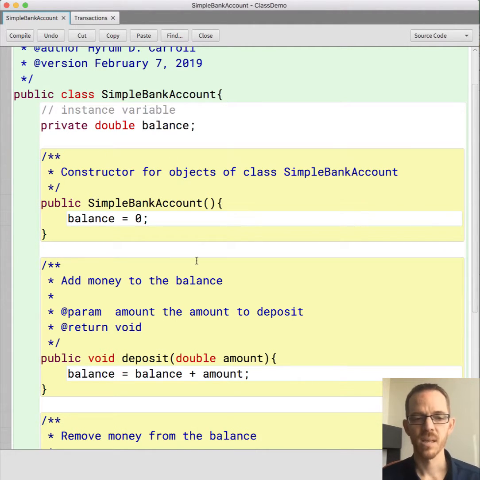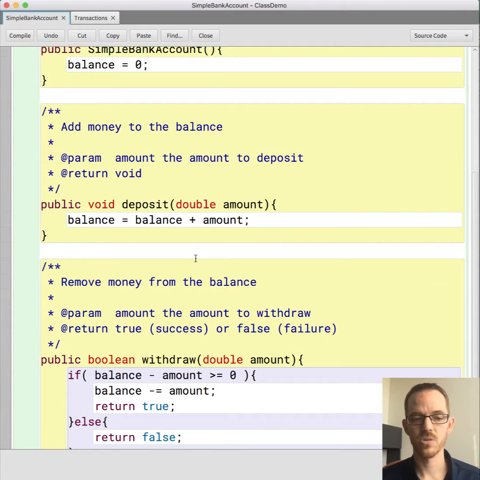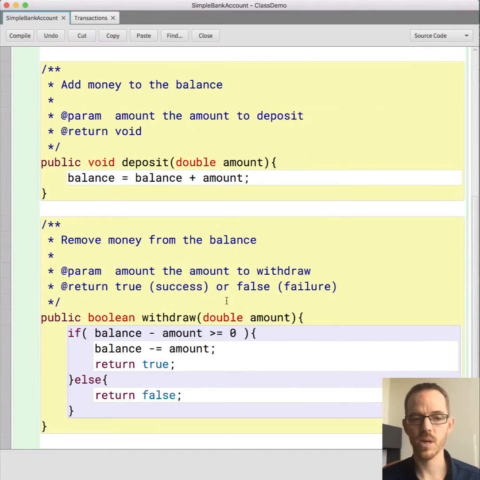Another method could be withdraw. How much do we want to withdraw? Again, we want to make this public, and it's going to return a boolean here. We need to test if there are funds in the account, and then we'll decrement the balance appropriately. Here we're using the compound operator, and here we're doing a test. We're asking, was it successful? Did we actually decrease the balance or not? And we have the documentation as well here.